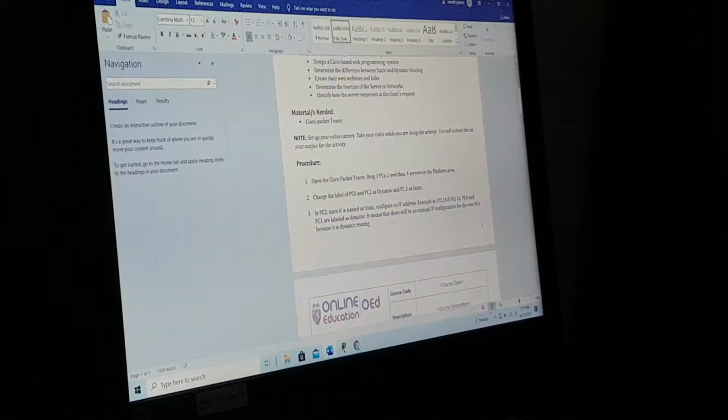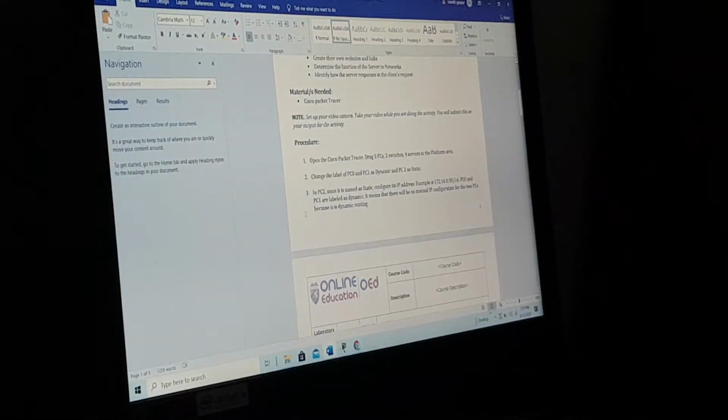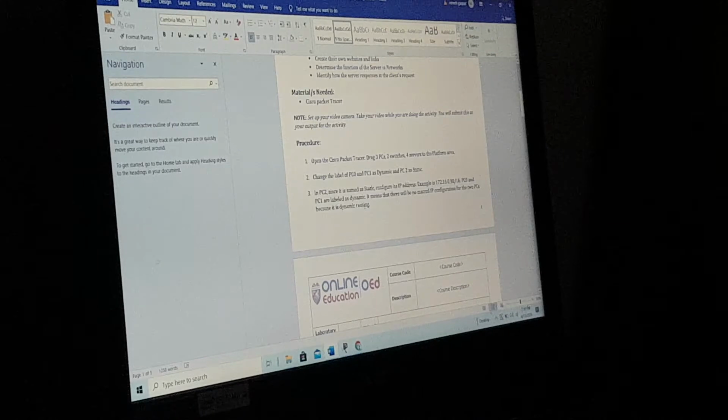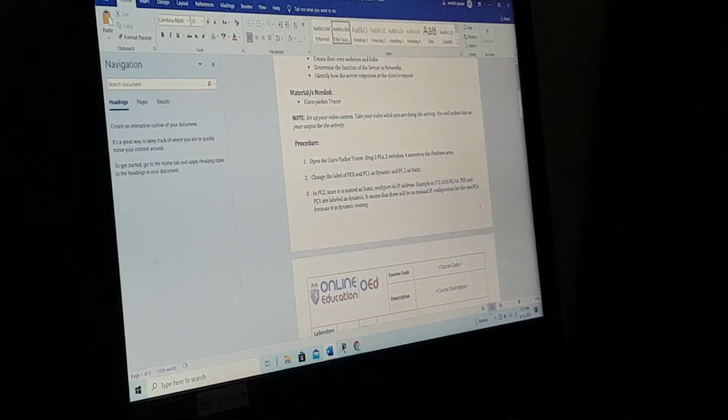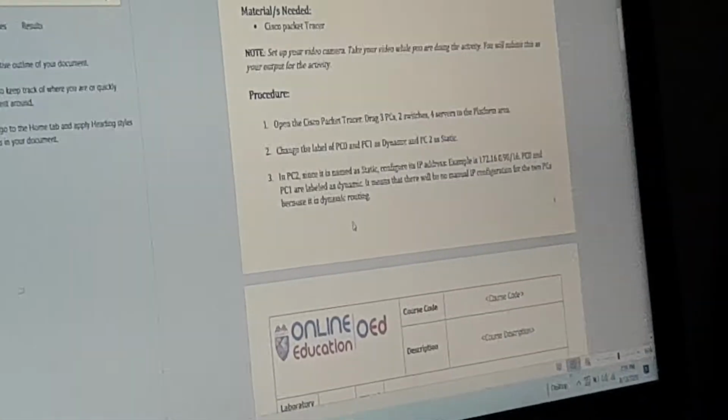Next, number 3. In PC2, since it is named static, configure its IP address. Example is 172.16.0.90/16. PC0 and PC1 are labeled as dynamic, which means that there will be no manual IP configuration of the two PCs because it's dynamic routing.